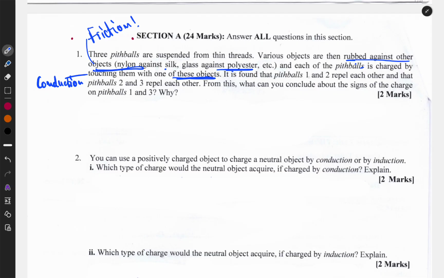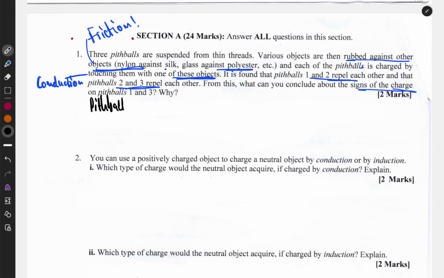Now here they said it is found that pith balls 1 and 2 repel each other, and that pith balls 2 and 3 repel each other. From this, what can you conclude about the signs of the charge? So if they repel each other, then they have like charges. So here you can say pith ball